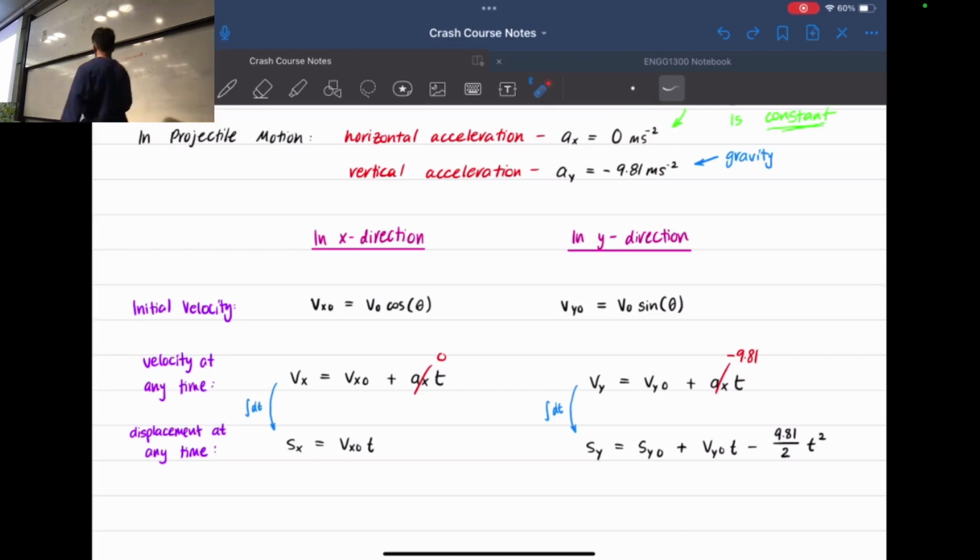So in the x direction, I'm going to say velocity at any time t is equal to Vx0, which is V0 cos theta. But in the y direction,